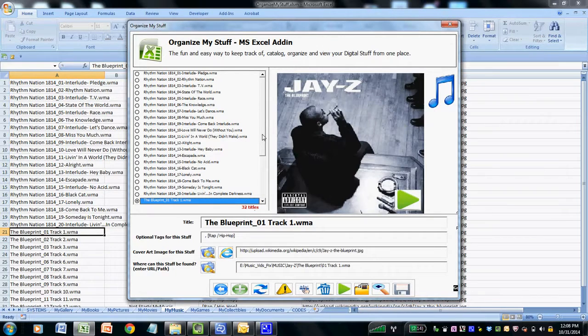Now, as your library of titles grows, you can start taking advantage of some of the nifty tools that this Excel add-in provides, such as a fully integrated search engine and a gallery that allows you to view all of your cover art. For example, if I want to search for a track, I can click on the search icon